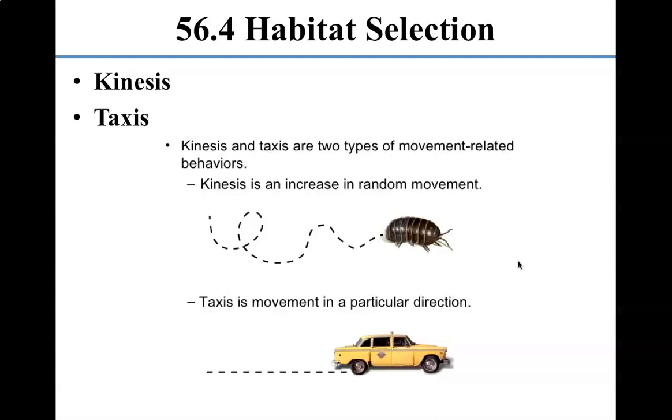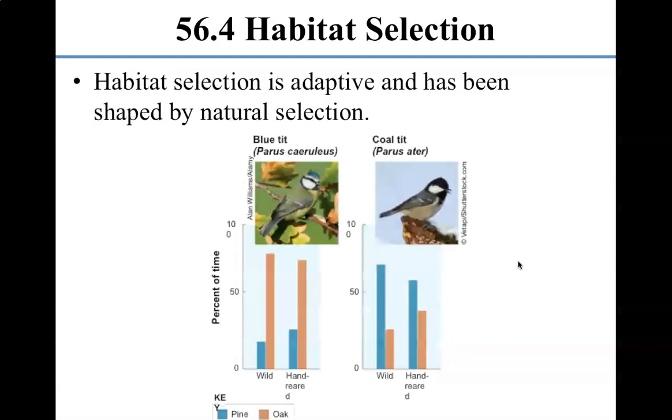In taxis, we have animals that are moving either towards or away from a specific stimulus. For example, cockroaches have negative phototaxis. If you shine a light on a cockroach, then it wants to avoid that light and it will seek darkness. It will move directly away from the light and move towards an area that is darker, right? Plants can even do taxis. A plant's flowers might move towards and open up towards the sun, and very slowly it might actually move towards the sun's rays, and as it gets dark, the flower might curl up and it might move back into the shade. So two types of movement.